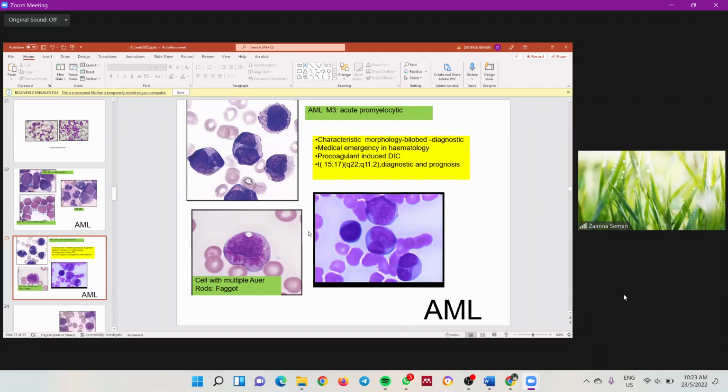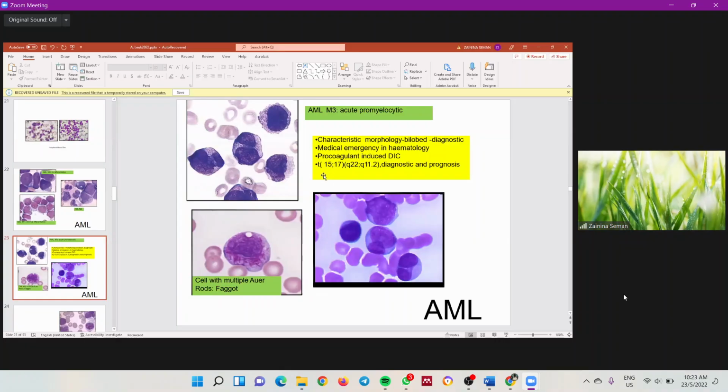subtypes, because this is what we call a medical emergency. And the blood film is very characteristic. It's not going to be the same as other myeloblasts. And these blasts usually are bilobed. There are two lobes. For example, this is very clear, two lobes of blast, and they have these faggot cells. And these are very characteristic in M3 because